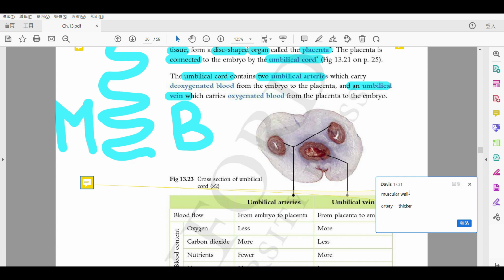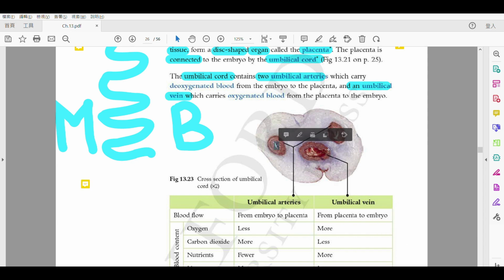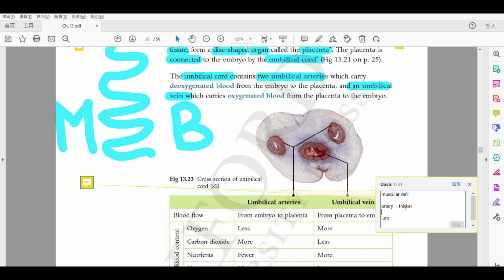They have a thicker muscular wall, okay? And therefore, at the same time, inside, as you can see, there is this white area here, right? 好細嘅一個白色嘅位置啦。This one has a name. If you remember, the name is lumen, alright? And then, since the artery has a thicker muscular wall, 佢有一個厚啲嘅肌肉壁，所以啦 the lumen will normally for the artery